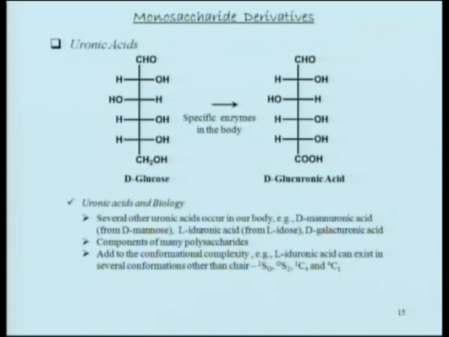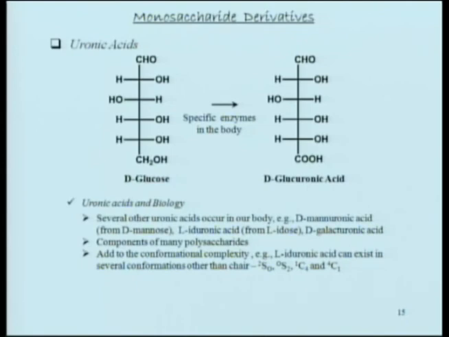Nature does it in a very beautiful manner, which is why if a chemist does it, he'll have to do a lot of different things in order to specifically convert that into a carboxylic acid. Why? Because there are groups here that can also be oxidized. You might have to protect them and things of that sort. Now, uronic acids are important. D-glucuronic acid is an important player. Heparan has D-glucuronic acid. Likewise, there are other uronic acids that are also present.